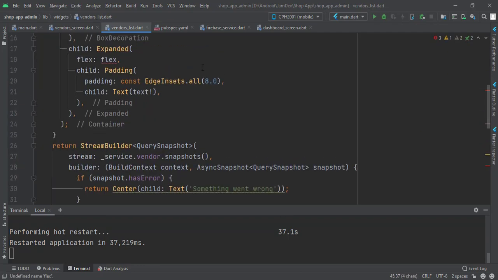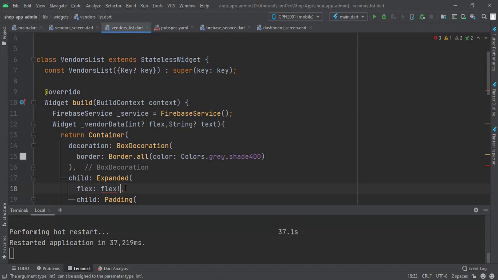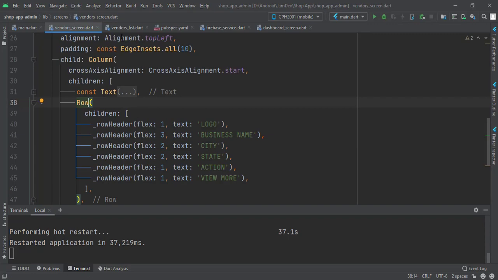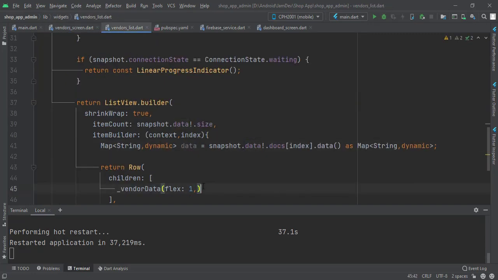Vendor data flex. Okay, you can put this one also and add one null check and bring this inside a curly bracket. Then here, if you press Control space flex, the first will be okay 1, because here also it should be the same flex 132211. Next property is text. I want to bring the first one, which is logo, right? It should not be a text, it should be